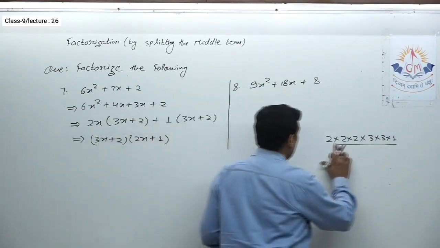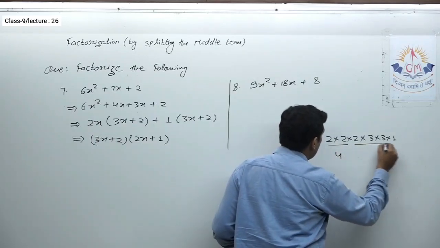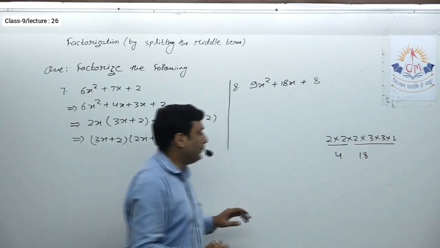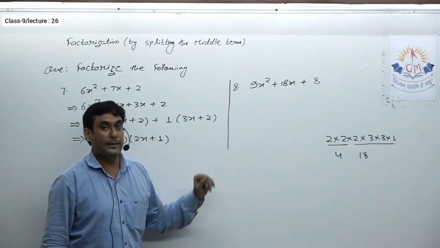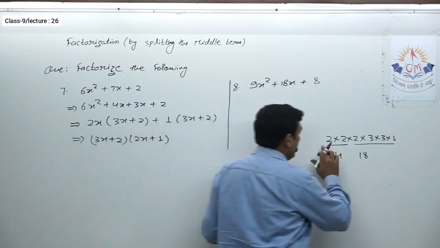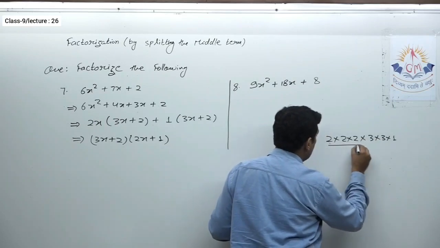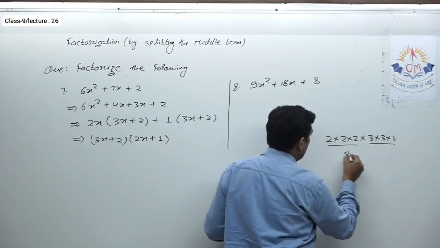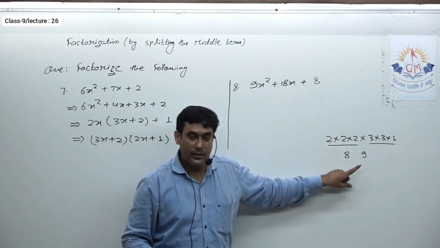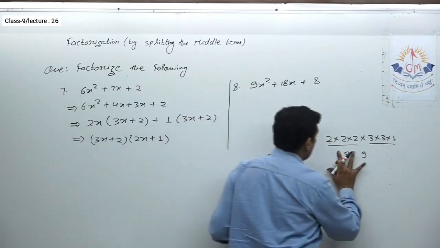So let us see. If I take these two together, 4, and all of these, this gives you 18. Now 18 plus 4 is going to be 22, 18 minus 4 is going to be 14. That means we won't get 18, so this is the incorrect combination. So let us take these 3 and these 3. Here it will be 8, here it will be 9. Again their sum is going to be 17, their difference is going to be 1. So again this is not the correct combination.